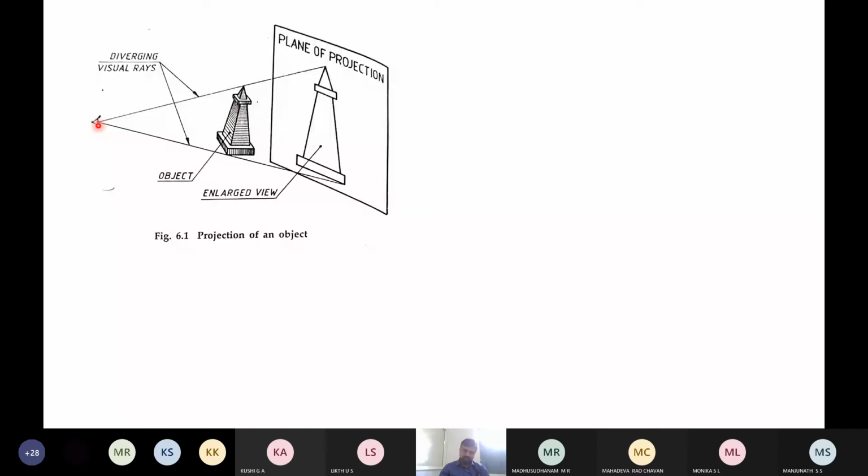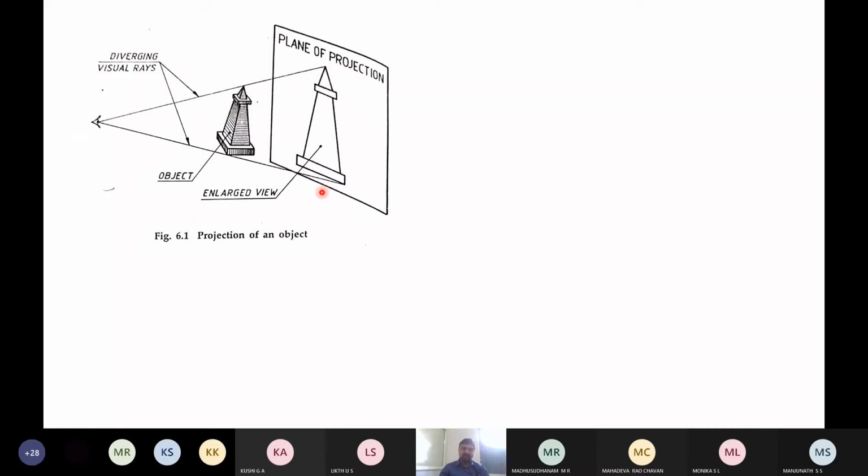Our rays will fall on the object, and if you want to get this image on a plane of projection, you will get an image like this. This is the actual size of the object, and this is the image you obtained on the plane of projection. Later we will discuss what we mean by this plane of projection.